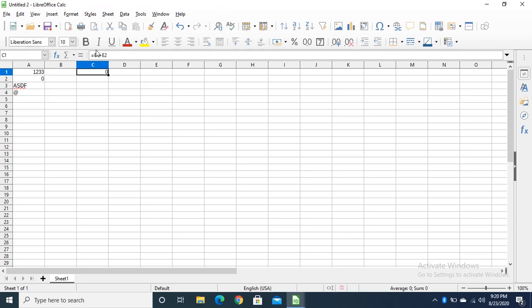Okay, then we have how to move in a worksheet. If we want to move up, down, left or right, in that case, we have 4 arrow keys: up, down, left, right. We can use those arrow keys. Now I'm using the down arrow key, it will move downwards. Now I'm using the left arrow key, it will move towards left. If I use right, it will move towards right. If I use the up arrow key, it will move upwards.